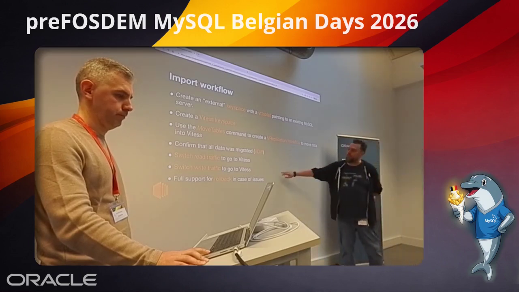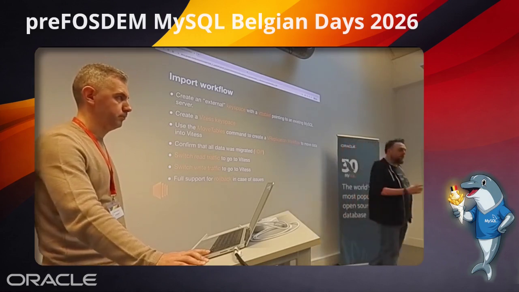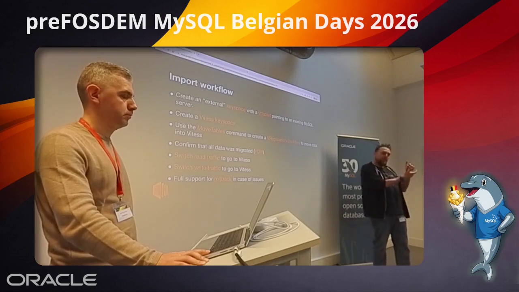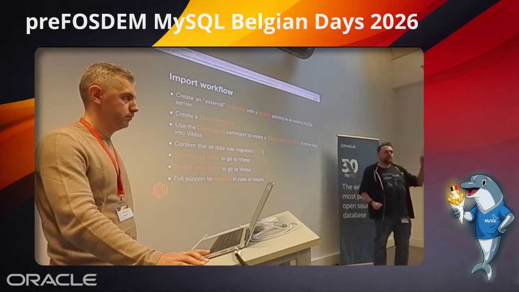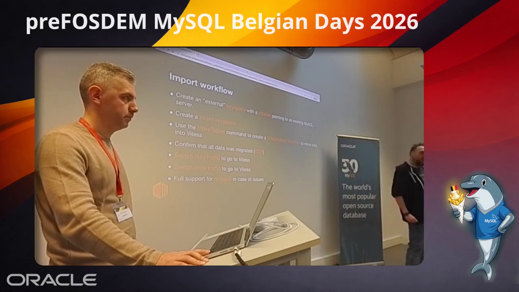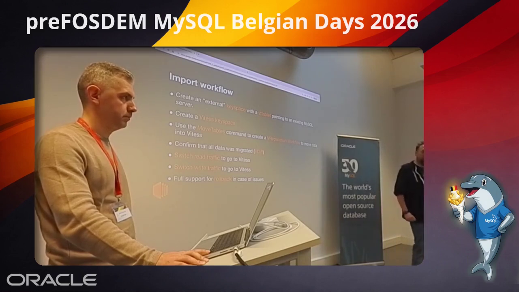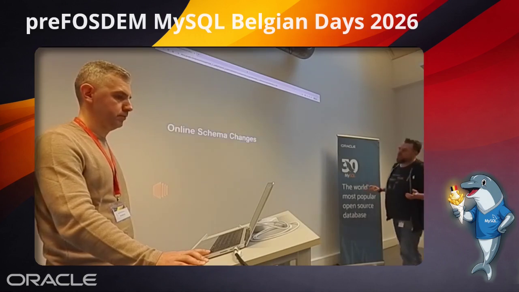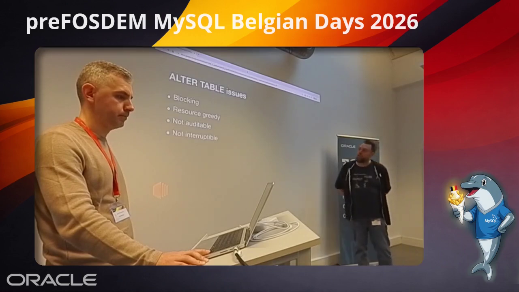At the moment that you switch writes to start writing to Vitess, what Vitess will do is reverse the workflow direction. So now you start writing on the Vitess primary, and you will be replicating back to your external MySQL, so you have a rollback path in case you have any issues. And that's the most important